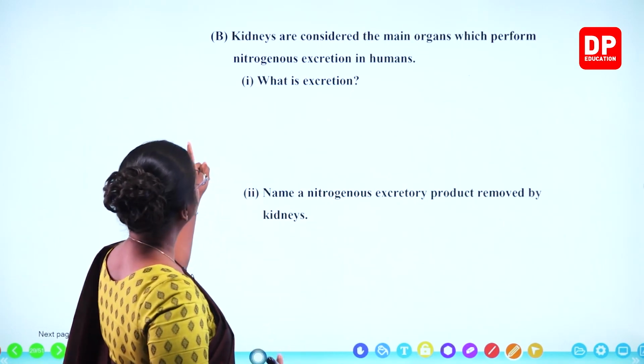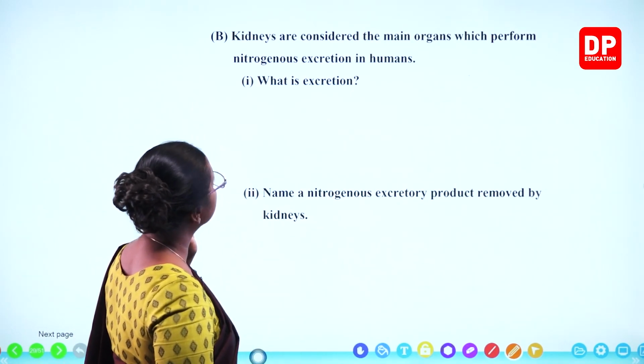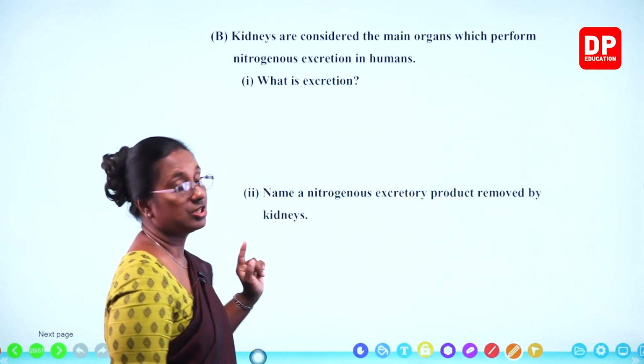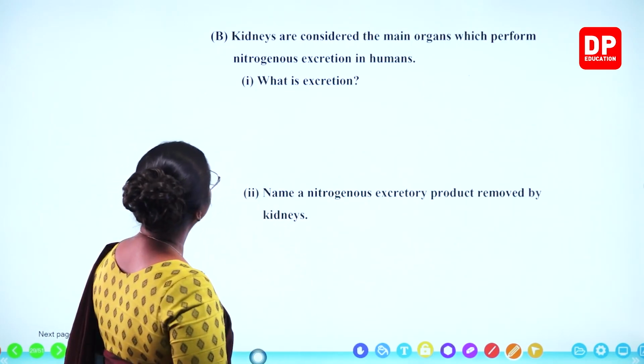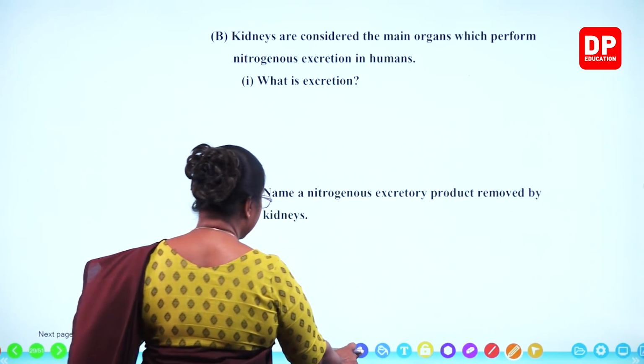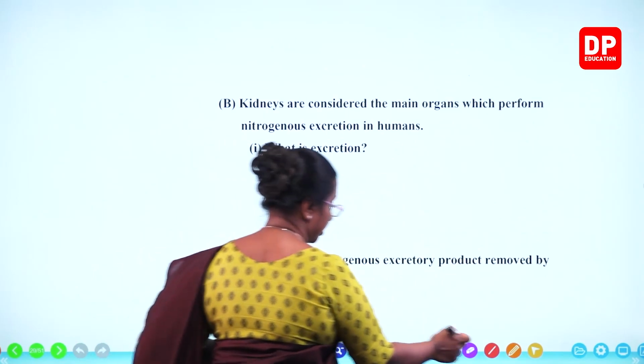So, here that is what is mentioned to us. Kidneys are considered the main organs which perform nitrogenous excretion in humans. So, the first question, what is excretion? Already I explained that to you all. If we are to answer that question,